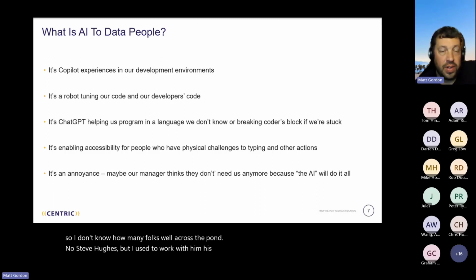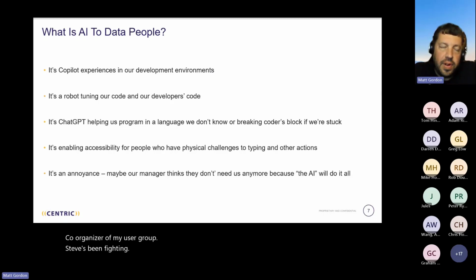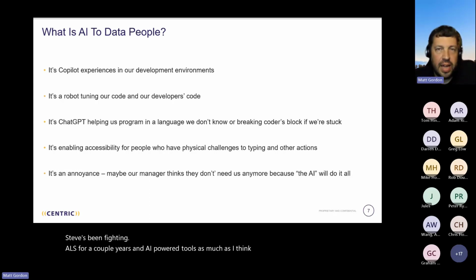His daughter, Christina, presents as well. She's a co-organizer of my user group. Steve's been fighting ALS for a couple of years, and AI-powered tools, as much as I think a lot of us don't like that phrase,